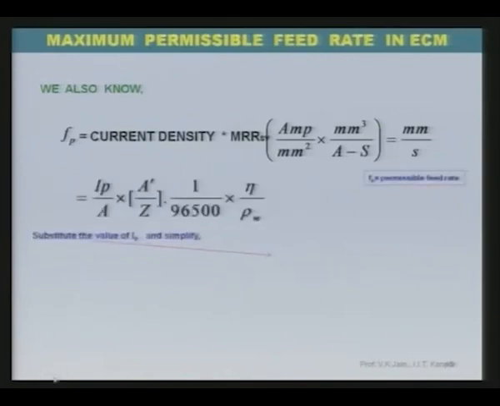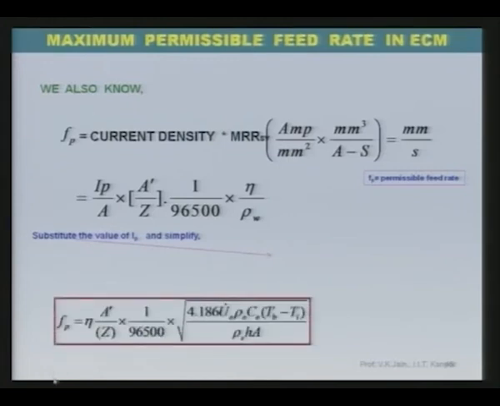So, the equation shown in the previous slide can be written as Ip over A, where A indicates the cross-sectional area through which the current is flowing, multiplied by A dash over Z into 1 upon 96,500 zeta upon rho w. Now, substitute the value of Ip and simplify this equation,